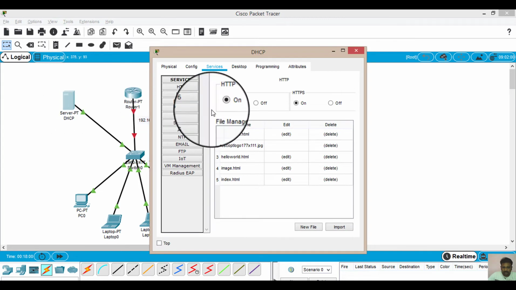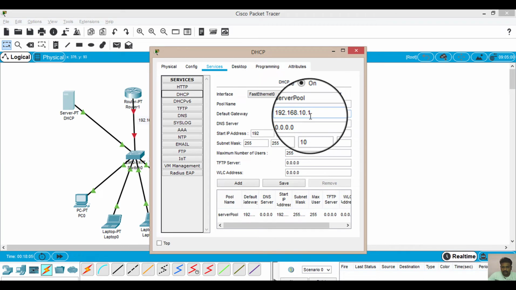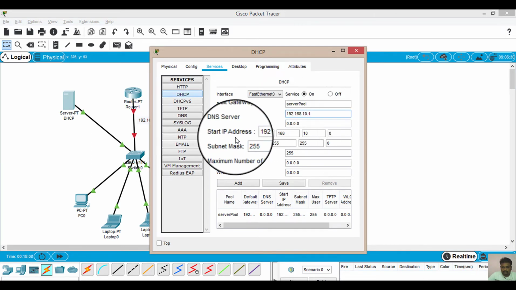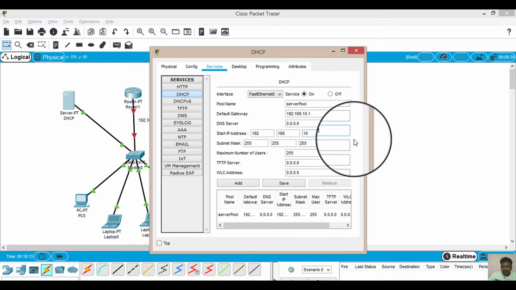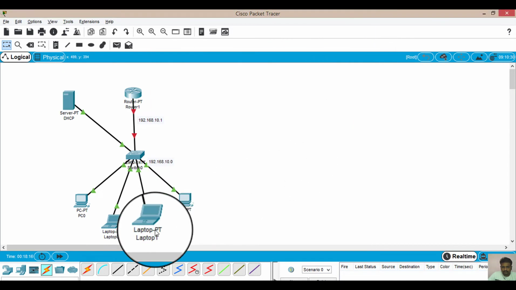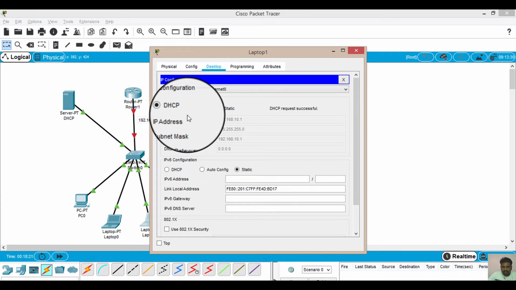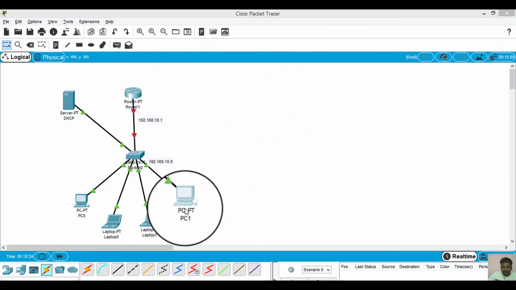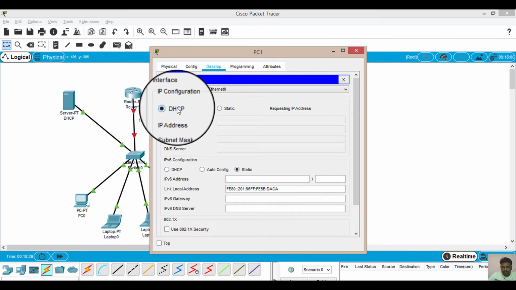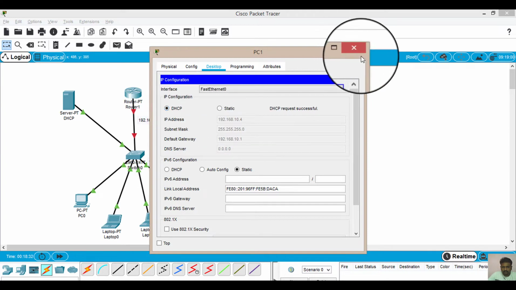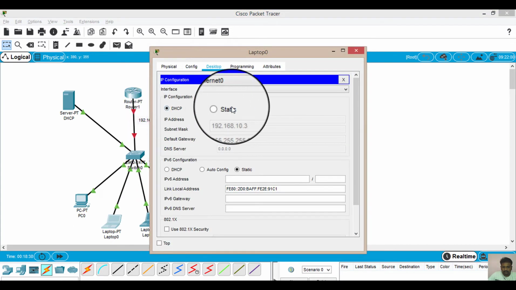So I will go back to this server and cross-check it once again. The default gateway we already said is 10.1. So I have to start it from 1. Okay, let's do it like this, and let's go back. IP Config, static, DHCP. Okay, this is fine. What about this system? It is IP Config, DHCP. It is 10.4. This is fine. This is fine. But somehow this one is giving it 10.1.